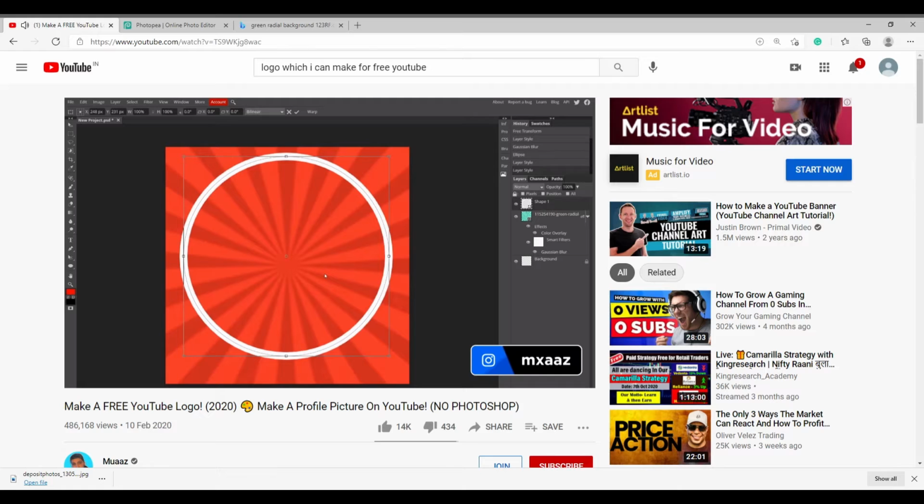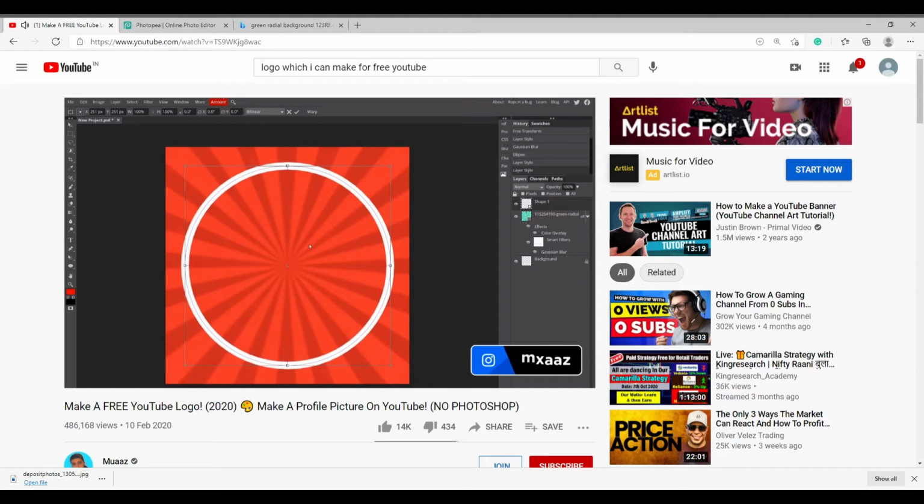And like I said before, the cool thing about Photopea is that it does have those guidance lines, right? So it will help us know that we have it perfectly centered, and it's kind of hard to see right now because our background is red, but I can see it right now. It's perfectly centered, and the cool